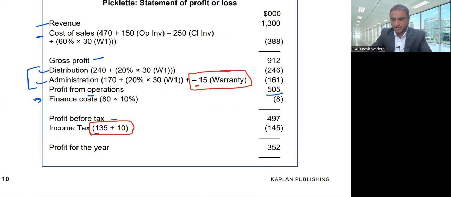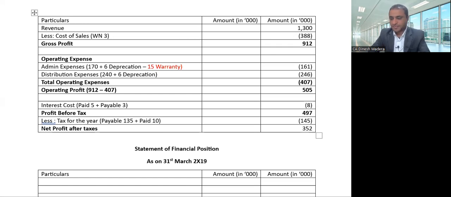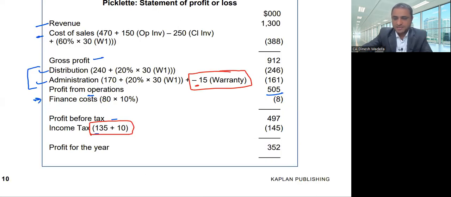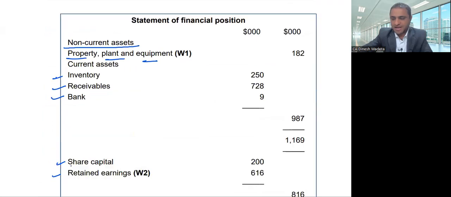497 minus 145 comes to 352. So here our income statement is ready. We really don't use the inner column, but it's always a good habit to keep it as required. Now, simply start picking up the remaining balances and adjustments from the trial balance and make the statement